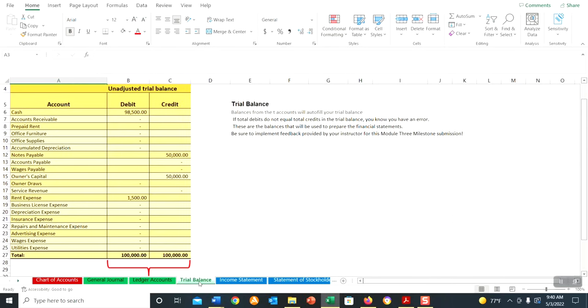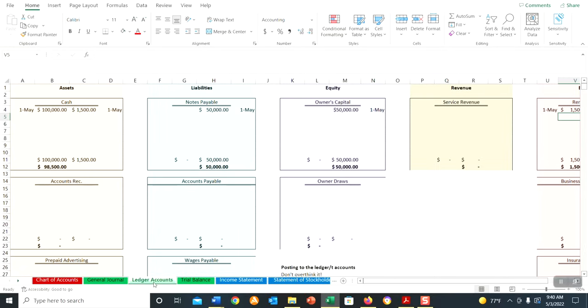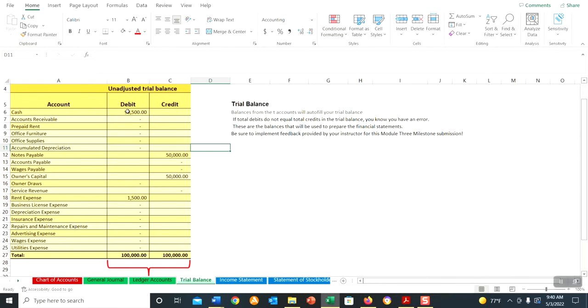Something else that this worksheet is going to do for you is pull your ending balances over from the T account ledgers into the unadjusted trial balance. And once all of those entries are posted, we should have balance in the unadjusted trial balance. So this is another spot where you don't want to modify the formulas that are built into this particular trial balance because it will pull for you. But if you did manage to do that, really all you've got to do is come over here and say, okay, the ending cash balance is this. It's a debit, so I'm going to put that here on the debit side. So you're just taking each individual debit and credit balance, and we should be in balance.